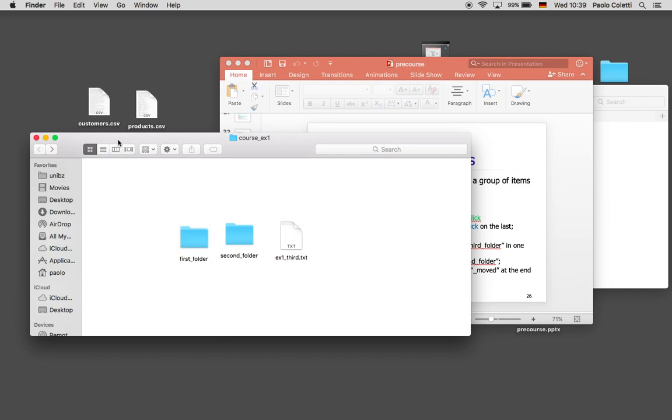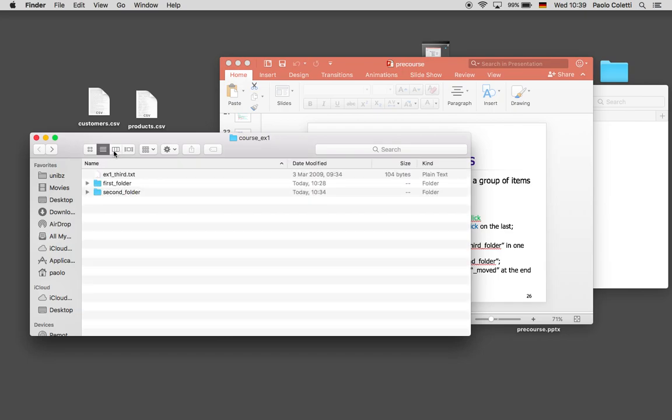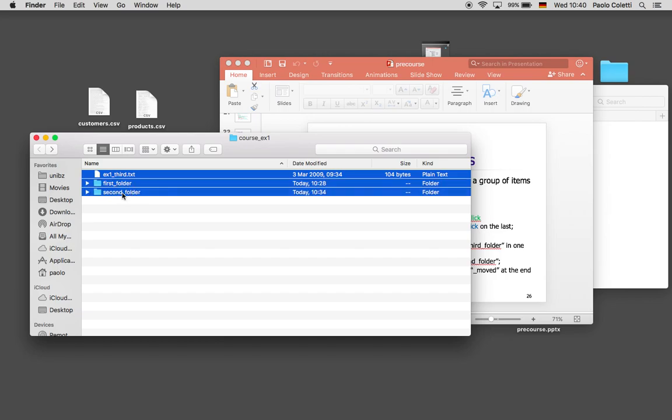Last alternative, whenever you have the files in a list, for example as here, suppose the list is long, now the list is short, you select the first one, you go to the last one, you press Shift, and you click on it, and the entire list is selected. So if you have a list of 1,000 items, it's pretty handy, instead of using the mouse to grab all of them, which requires you scrolling, etc., etc.